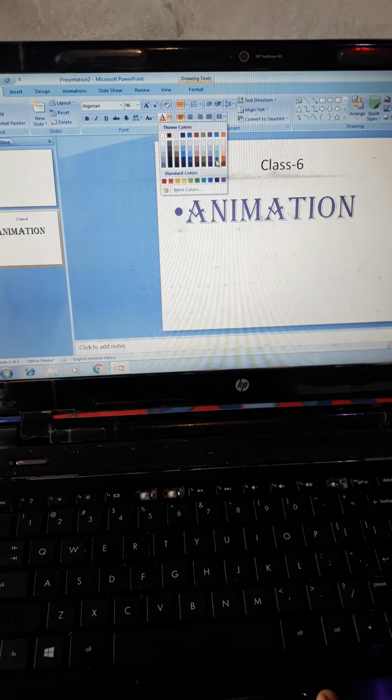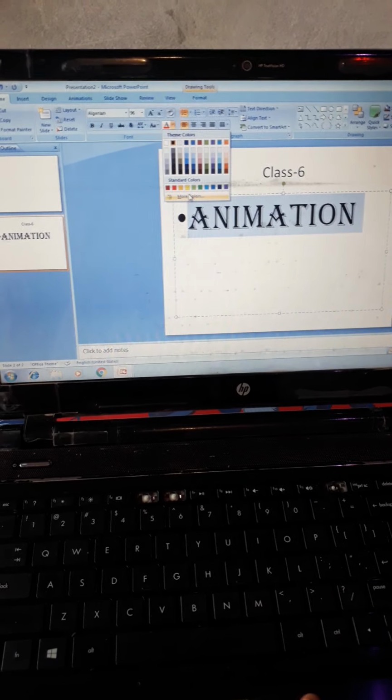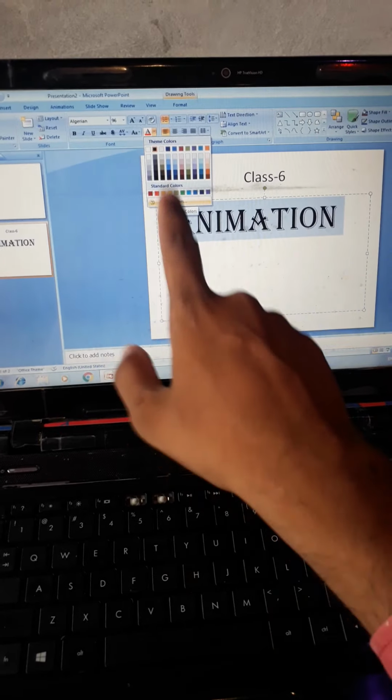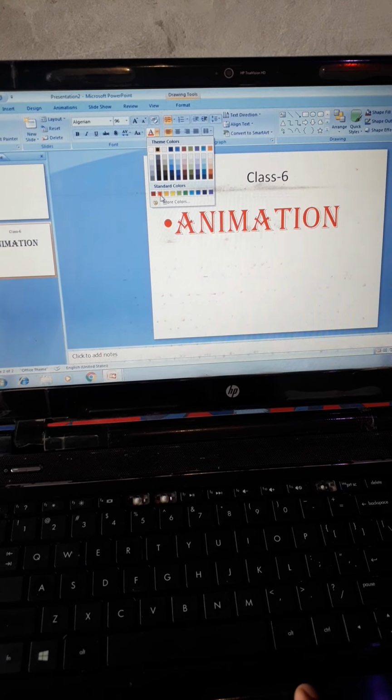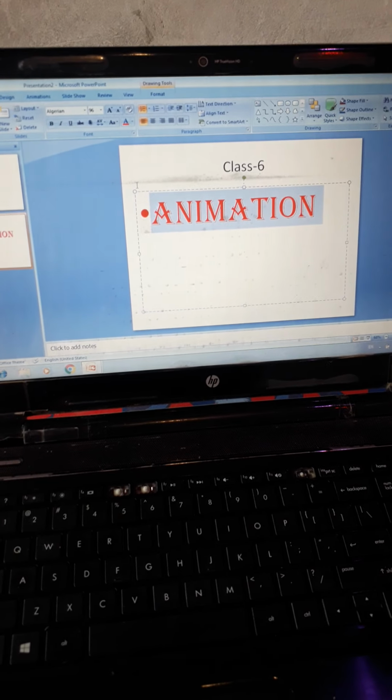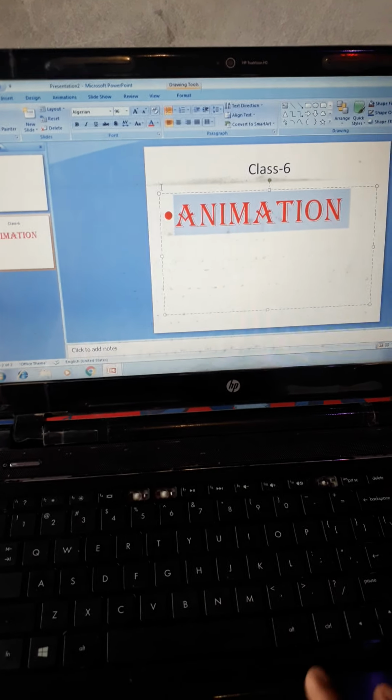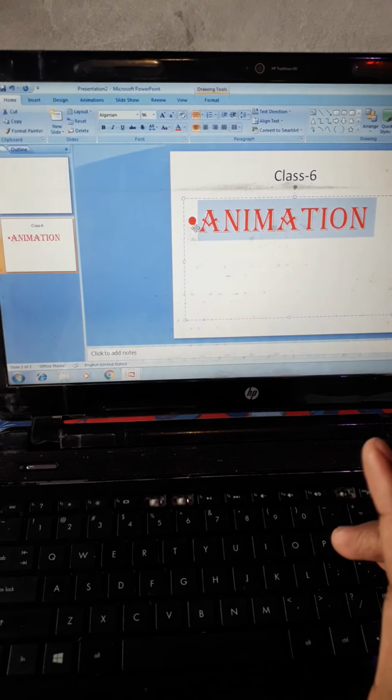When you click here, you will find so many options will appear. According to your need, you can select any one, or if you want to apply another color, then you can click on the more colors option. So I'm going to apply any desired color from here. Like this, you can apply any colors. And if you want to bold these letters, that means